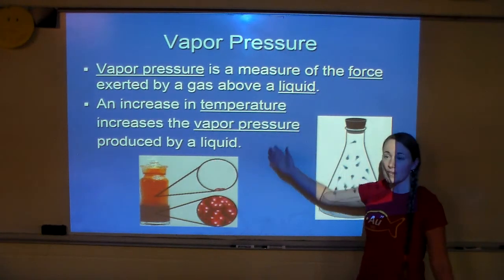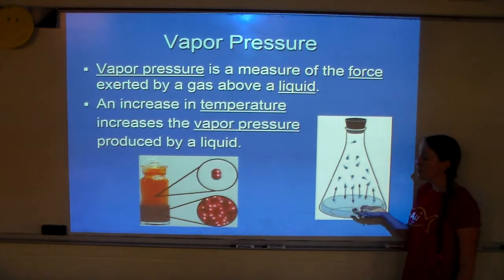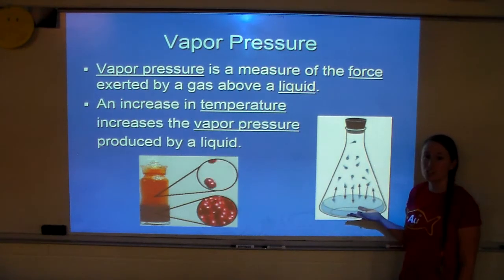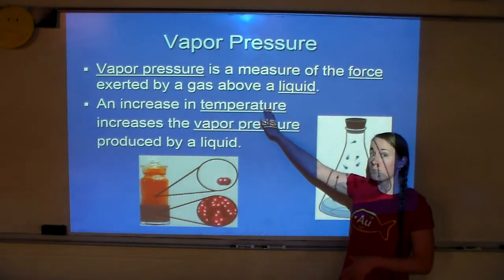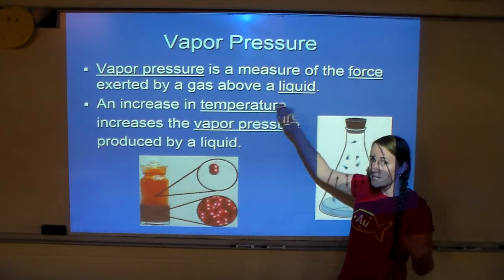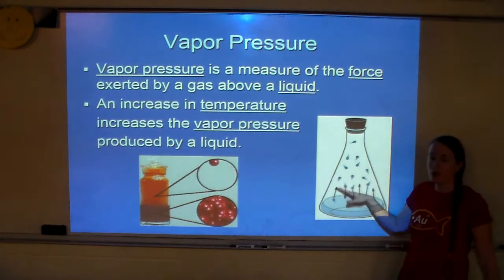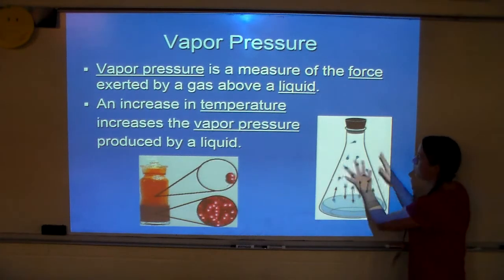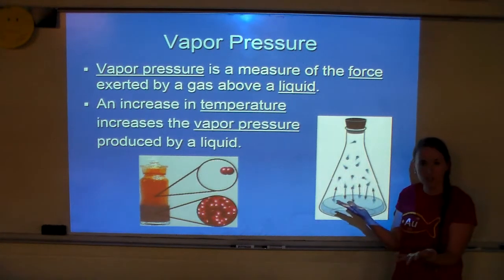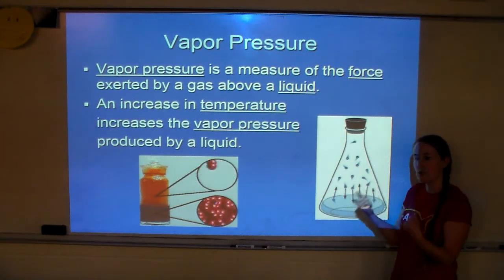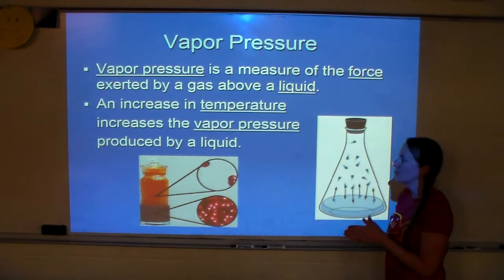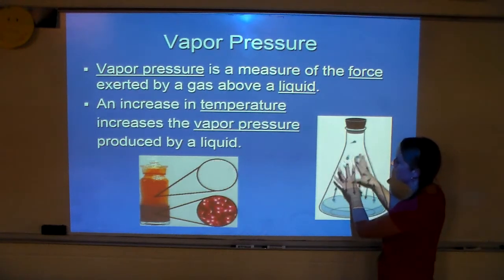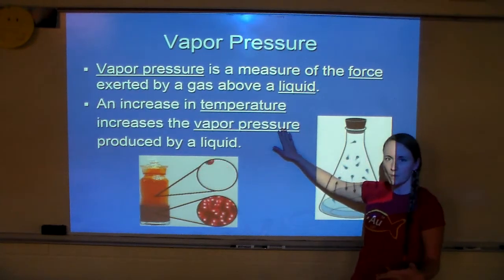So as temperature increases, vapor pressure increases. Well, why would that happen? Well, remember, the particles with the highest kinetic energy are the ones that can evaporate. Well, if we increase the temperature, wouldn't more particles have high kinetic energy? Yes. So then more particles could evaporate. And of course, the more particles you have, the more pressure, because pressure is based on collisions of particles. So the more particles you have, the more they collide with each other. All right, you get that gas built up, that vapor, and then that's more vapor pressure.